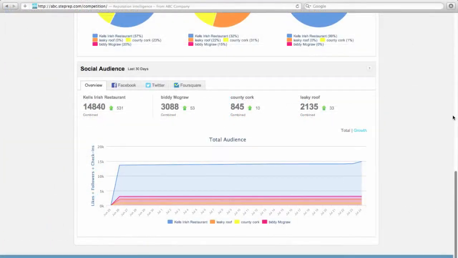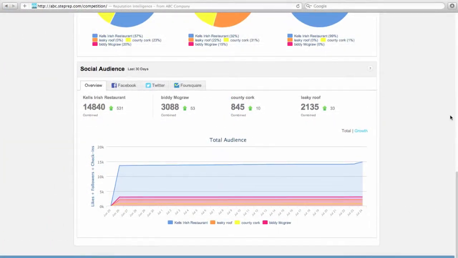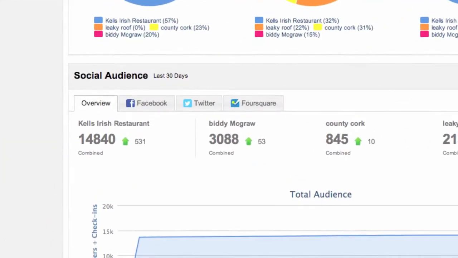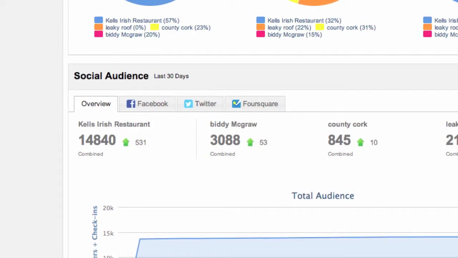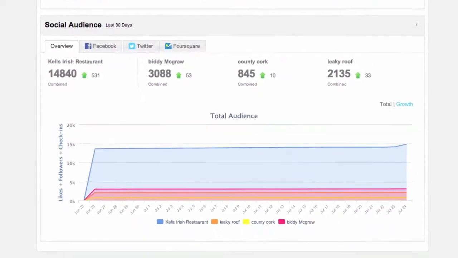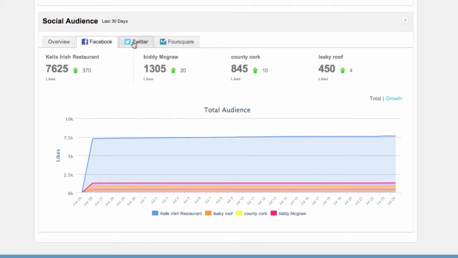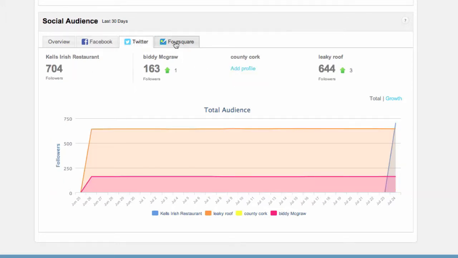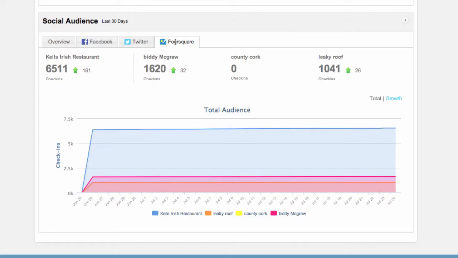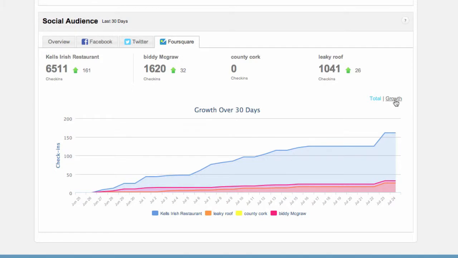The Social Audience section will allow for comparison against the entered competitors in terms of Facebook likes, Twitter followers, and Foursquare check-ins over time. The first tab of the social graph shows the overall tally of likes, followers, and check-ins for the business and its competitors. Using each additional tab will break out the graph into each of the 3 social feed categories. The social graph also defaults to the total view. However, you can also choose to view the graph in growth view to see the growth of the social audience over the last 30 days. That concludes the overview of the